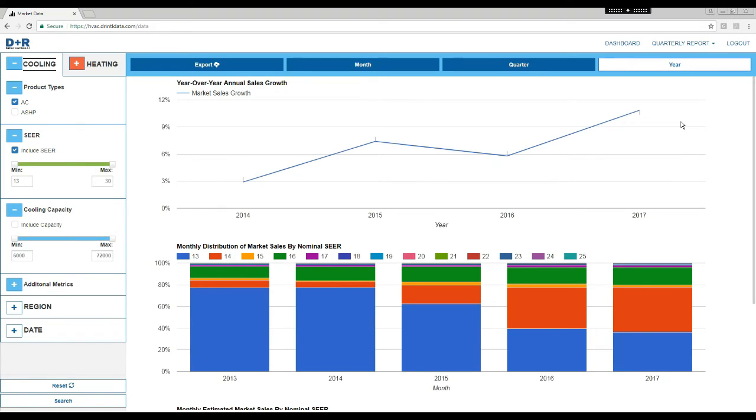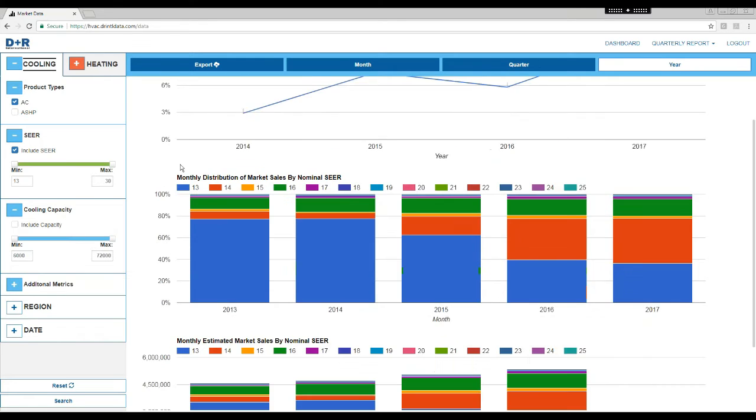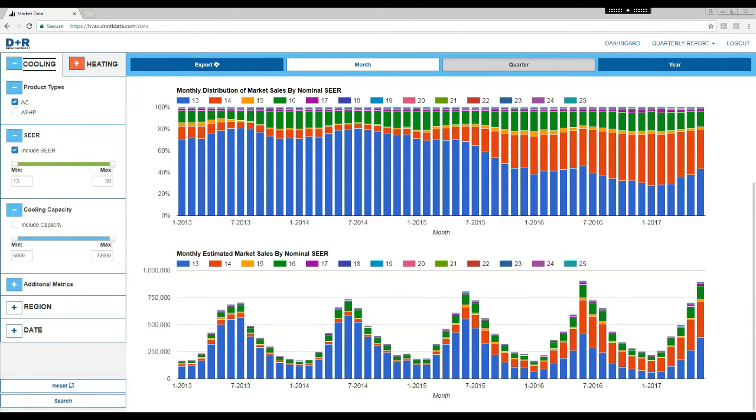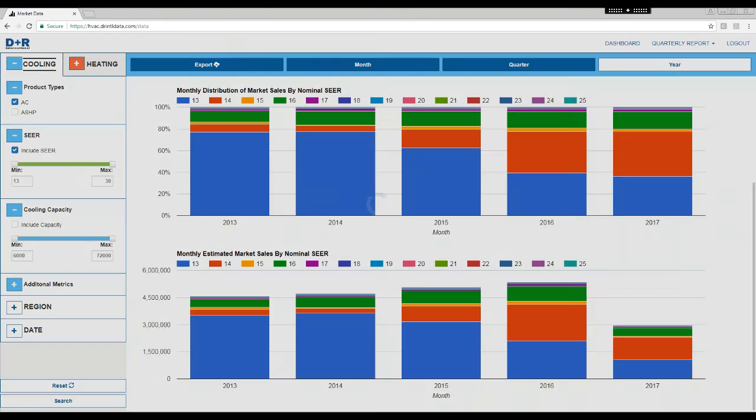The one exception to that, and this is actually a change we made just this last quarter, is now the most recent year will just give you up to the date that we have updated. So what you look at for 2017 is actually the first 6 months compared to the first 6 months of 2016. Going down the page, we have monthly, quarterly, or yearly distribution of